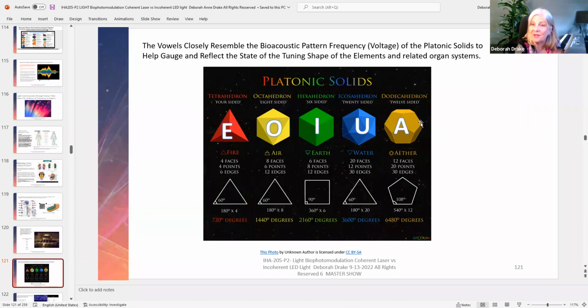And then when we get back to the dodecahedron of the ethers, the A note, as I called it, I'm not sure if I'm totally correct on these, but this is what I have understood this to mean. The 12 faces would be the ether area where we'd have the fatty acids that make your immune system run, and the endorphins and all the essential fatty acids for the brain. They're more like this shape for anti-inflammatory. So you can see that different molecules have different shapes that have different functions that fold with different angles that create different frequencies based on their shape, okay?